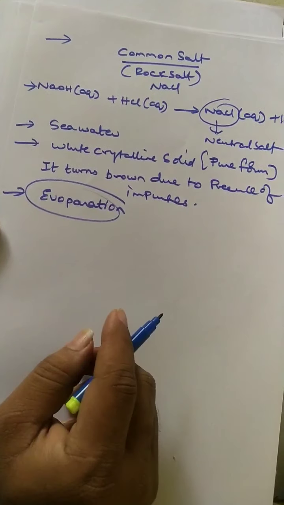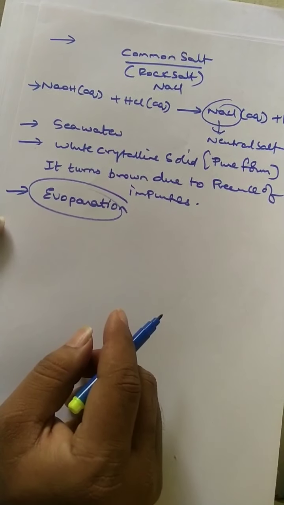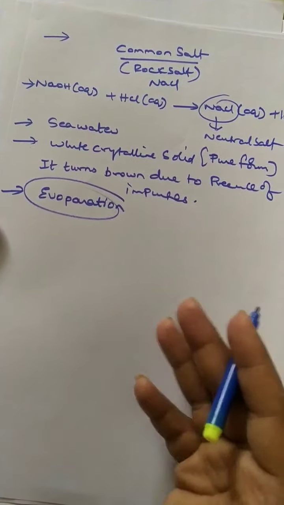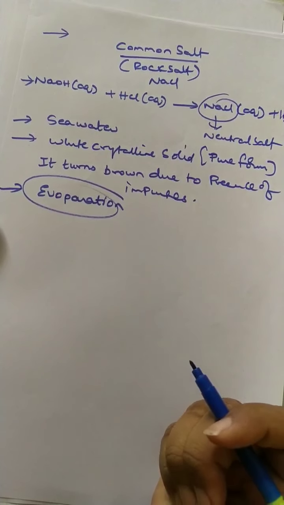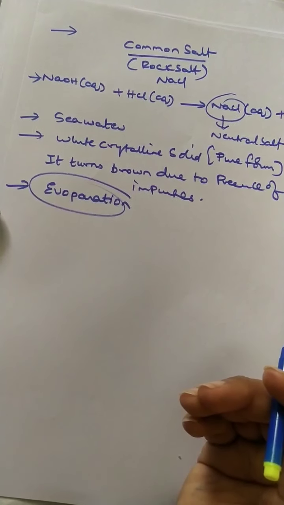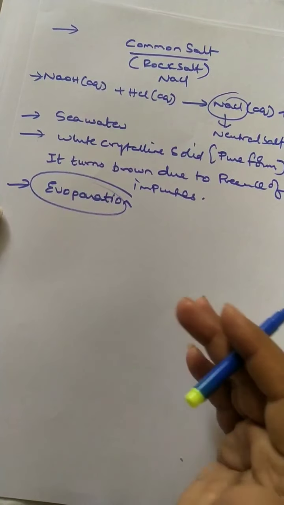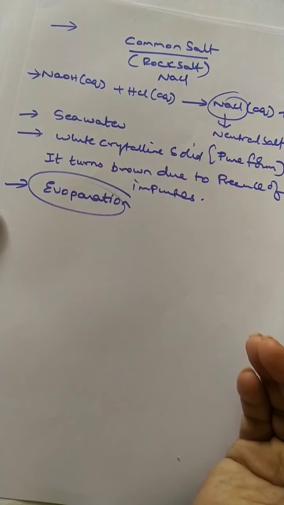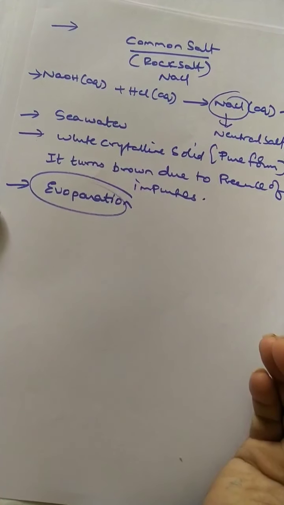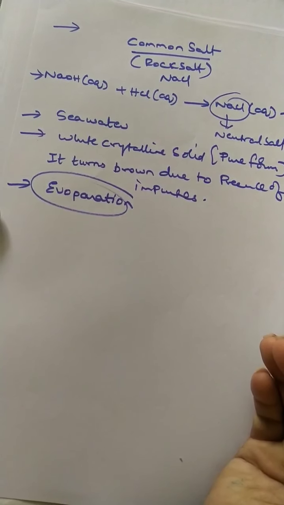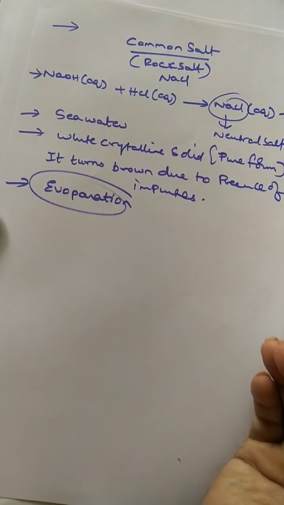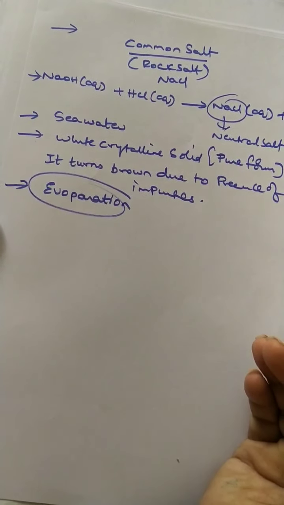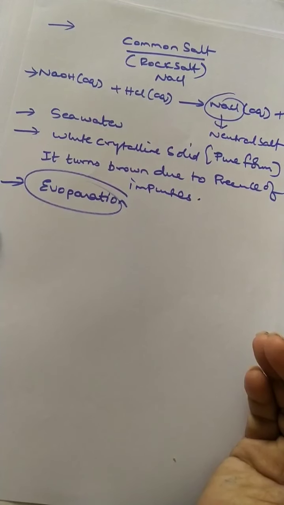Generally, near the seashore you can see seawater trapped in large shallow pools and allowed to stand there. They dig different pits, and each pit is totally filled with salt water. Those pits are left for evaporation. The sun's heat evaporates the water slowly and common salt is left behind in the pits. This is the natural process of preparation of common salt.